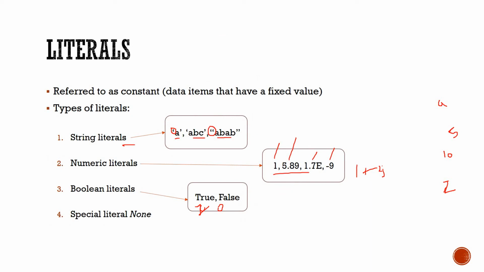Literals are basically the fixed values or the constant values. We are having 4 types of literals. String literals, which can be written both in single apostrophe or the double apostrophes, both are correct. After that we are having numeric literals, in which we are having integer literal, float literal, exponential literals or fraction literals. Then we are having boolean literals, which are having the value true or false. After that we are having a special literal, None. That means it displays that it is not having any value over there.